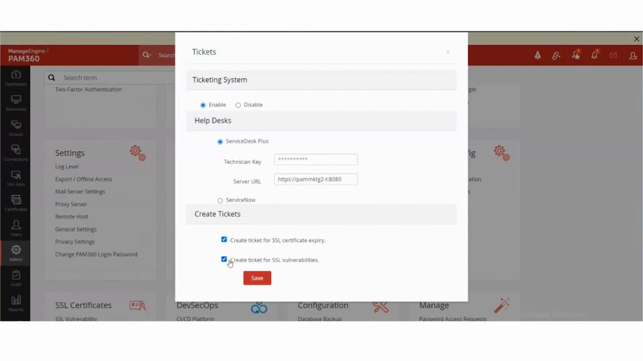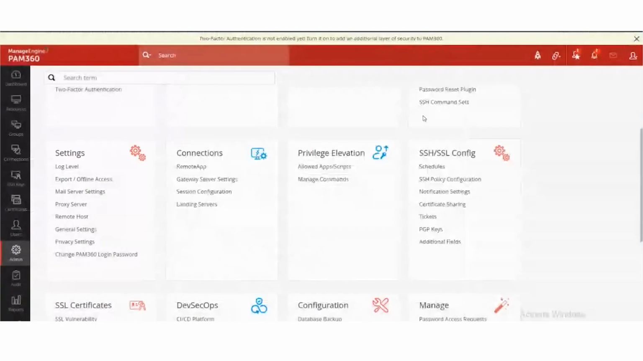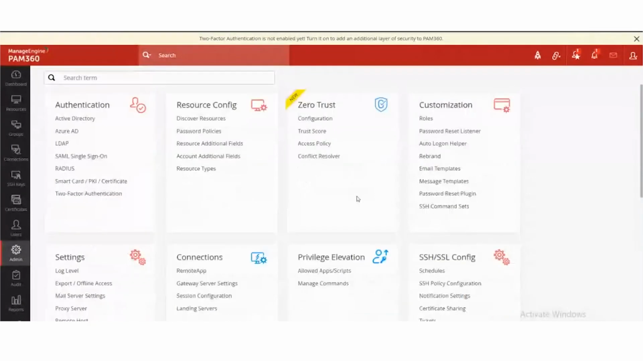Let me explain what this check mark means. Create tickets for SSL certificate expiry. So if a certificate is about to expire, it is going to create a ticket in your Service Desk portal. Or if the certificate which you have has some vulnerability, let's say a POODLE vulnerability, or it has some cipher vulnerabilities on it, it is going to raise a ticket and show you that there is some problem with this particular certificate, right? So these three integrations are something which we have taken as an example from Service Desk Plus. This is the first phase of this